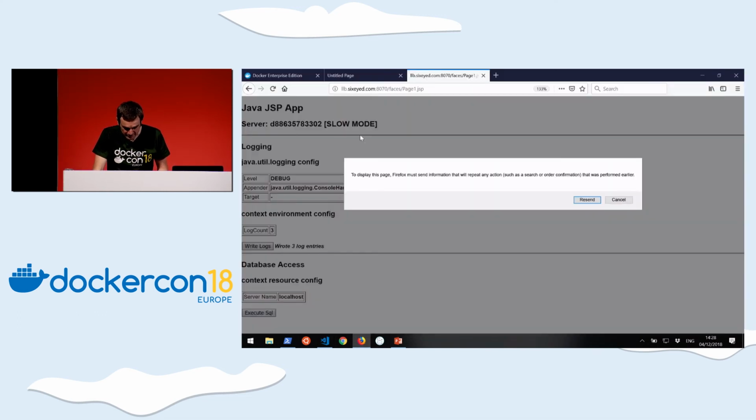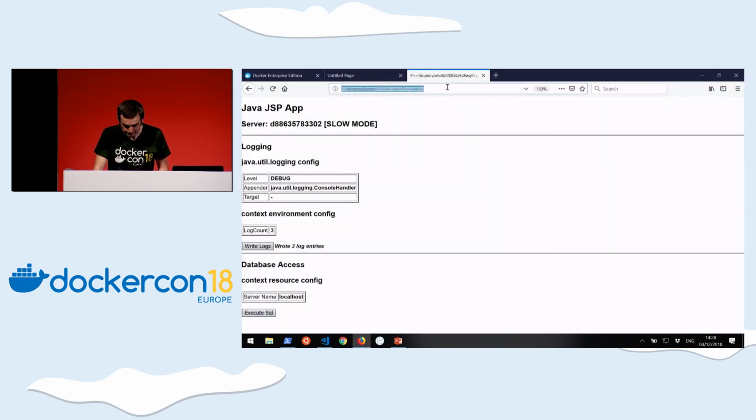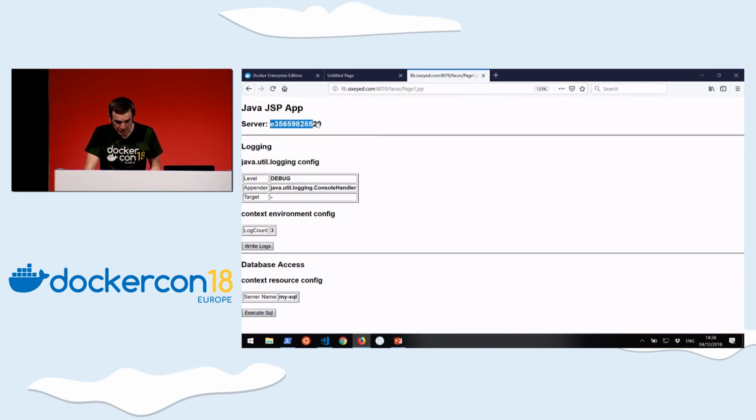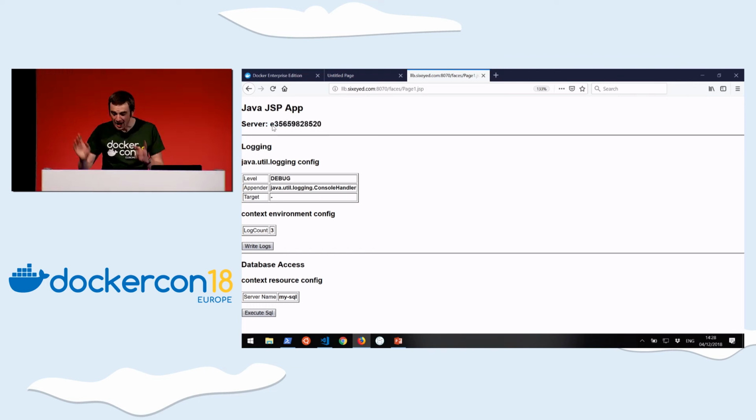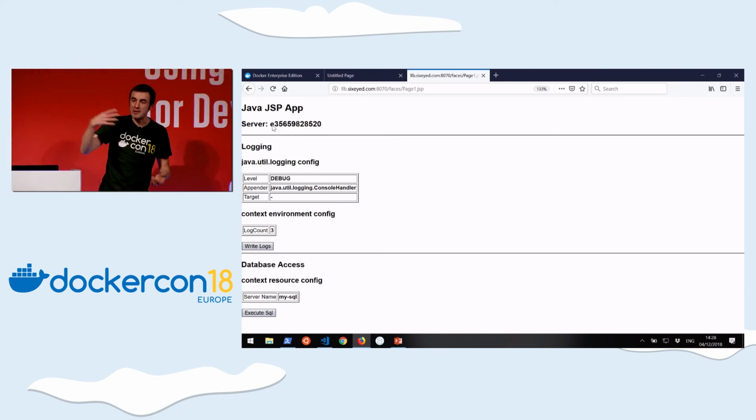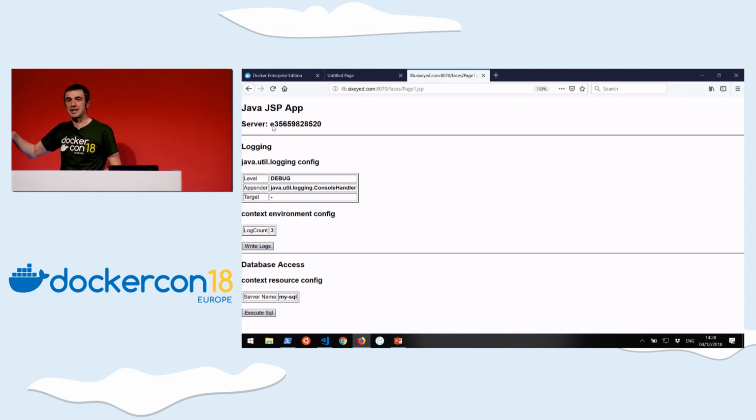So if I refresh this, no, not that, this. Okay, so I need someone to remember that ID, or just the first bit. So it's E3. I'm going to move on to the next demo, because actually this will take a while to actually fail. And when we come back to it, this will be replaced by a different container by Docker without